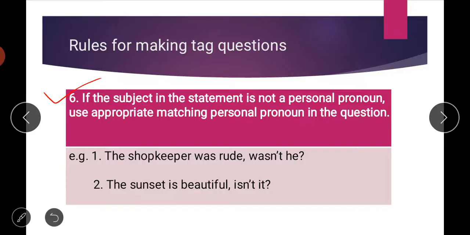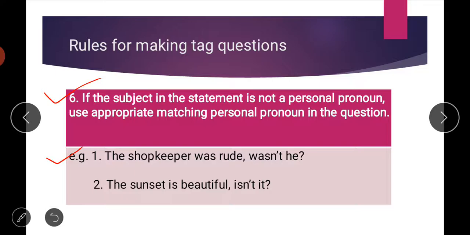So similarly here also what they are saying is that if the statement is not beginning with the personal pronoun, then you have to use a suitable personal pronoun for that word according to your judgment. See, the first example is: the shopkeeper was rude,